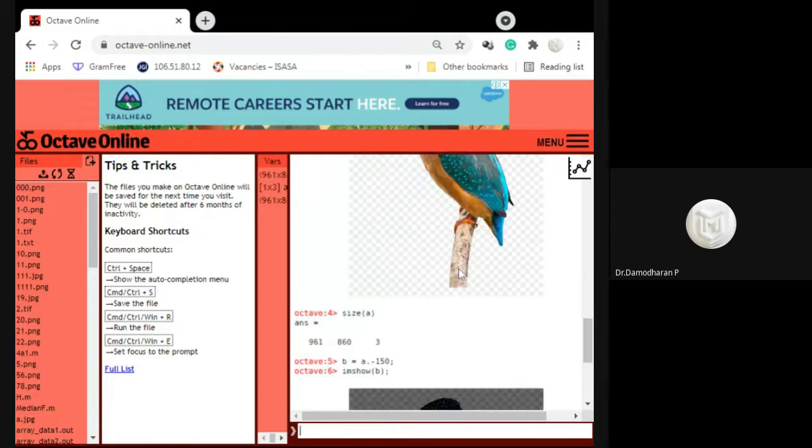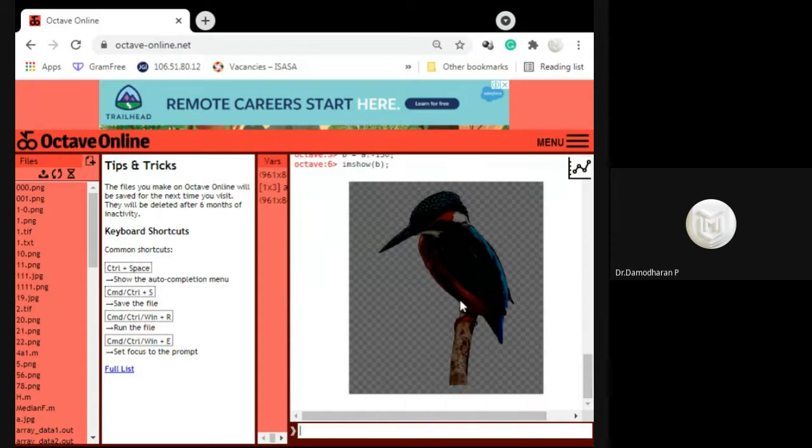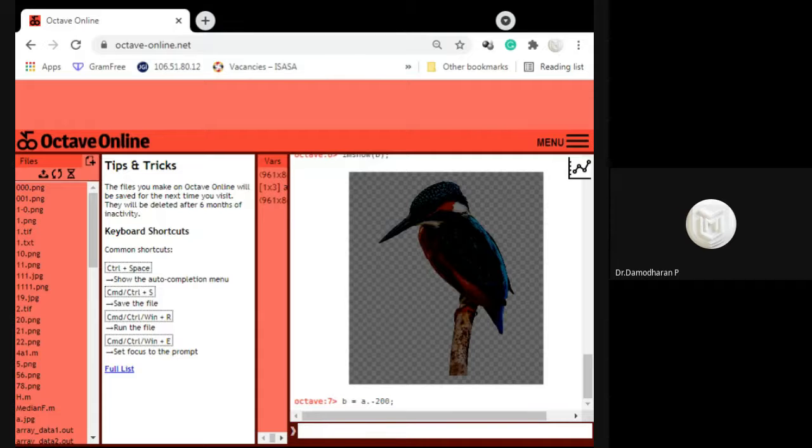I just did the subtraction of pixel intensity value 150, and the image has become dark. Some of the colors are removed. Again, I'm going to do the subtraction operation for 200. Enter key. Again, I'm going to display the image.